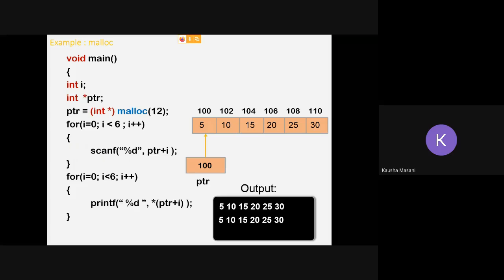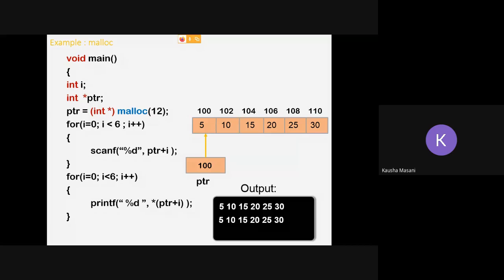In your consoles or IDEs, whatever you are using, if it is an online compiler, then write this program and execute it. I'm keeping the screen on for you. If you have understood it, you can write it without even looking.